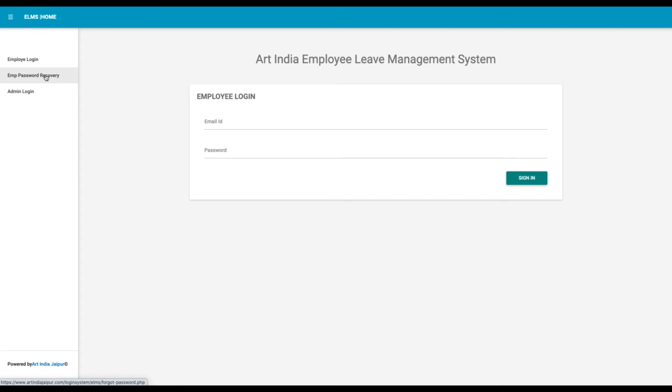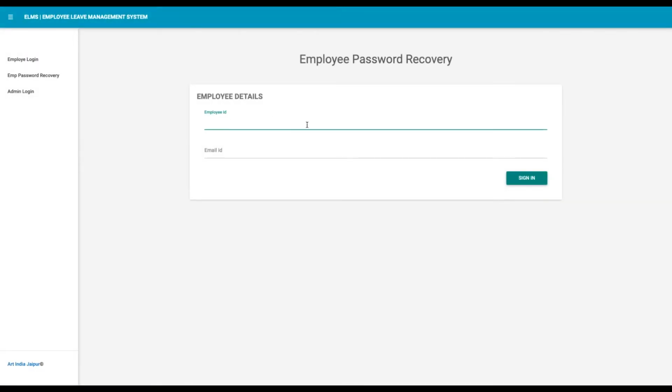Here, some of our employees have already recovered their password, but for those who haven't done it yet, we'll click on Employee Password Recovery. Here, we will put the employee ID and official email ID. When we click sign in, it will ask for password recovery.